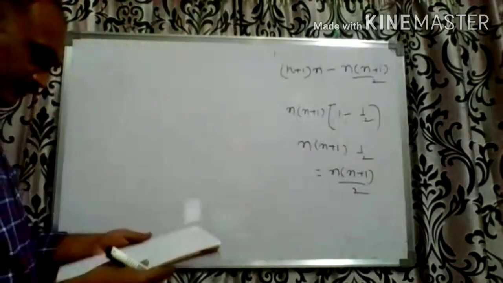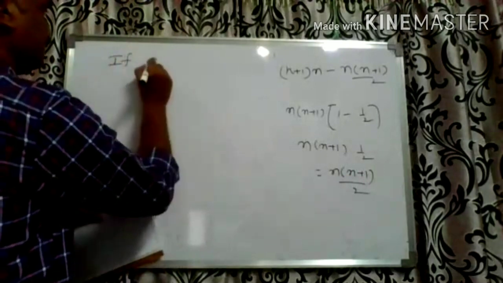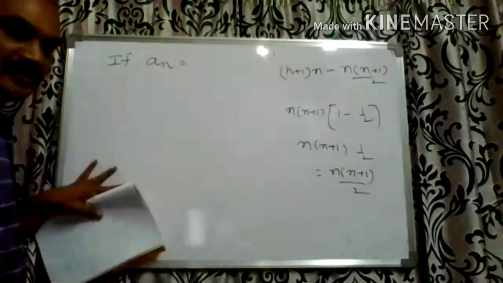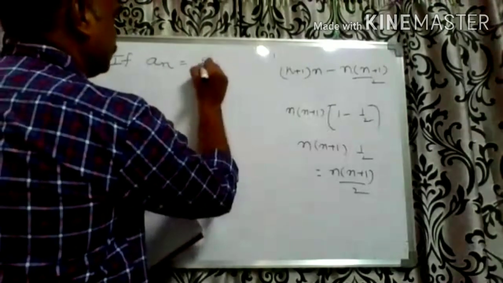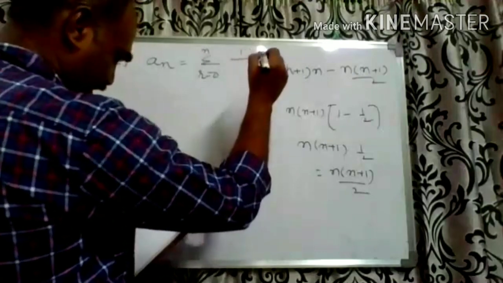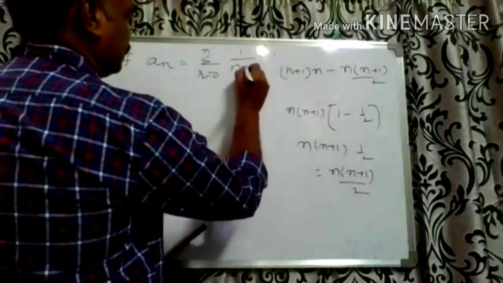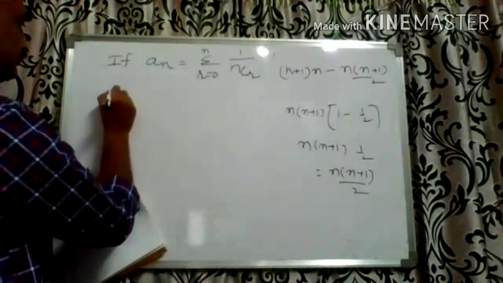Next question. Next problem, important. If An is equal to sigma R is equal to 0 to N of 1 by NCR, find the value of